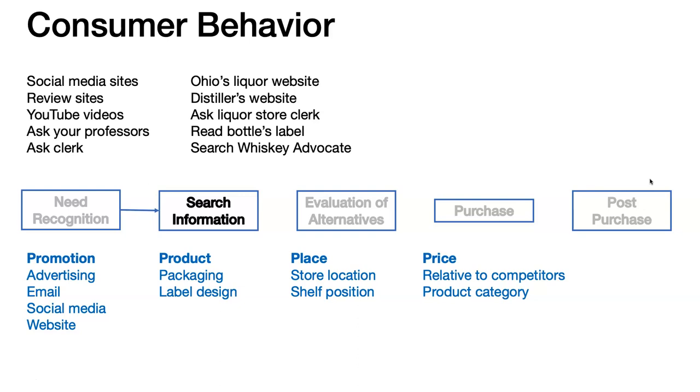At that point, once we've established that we need a bourbon, a tequila, a gin, we would do a search for information. Now, typically we're going to rely on memory. Hey, I bought a bottle of Tanqueray. That was pretty good. I had guests over. They all seemed to like it. Or, wow, I bought that bottle of Rebecca Creek